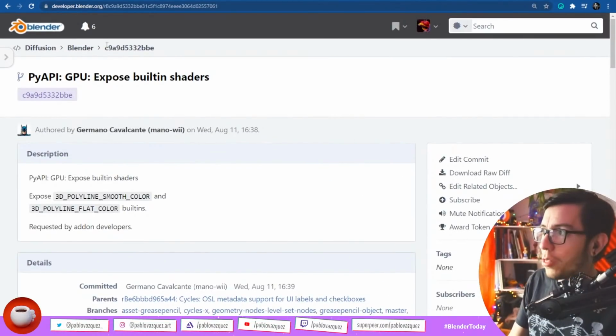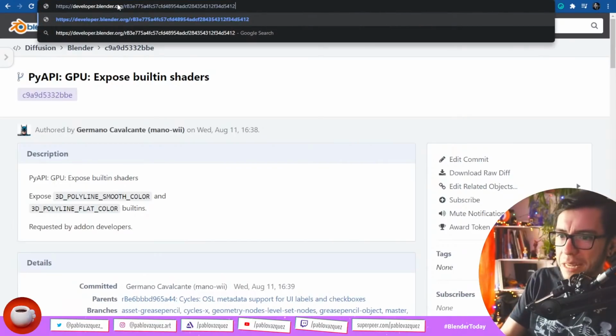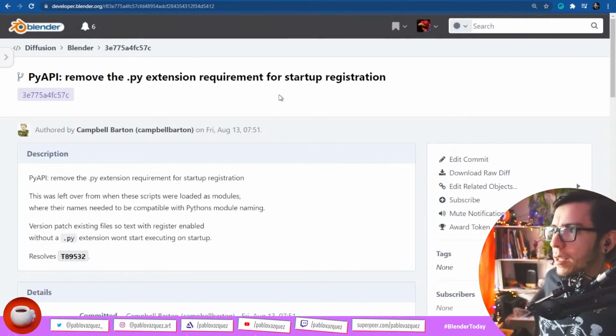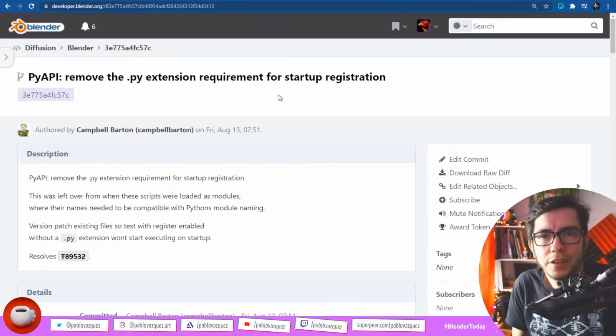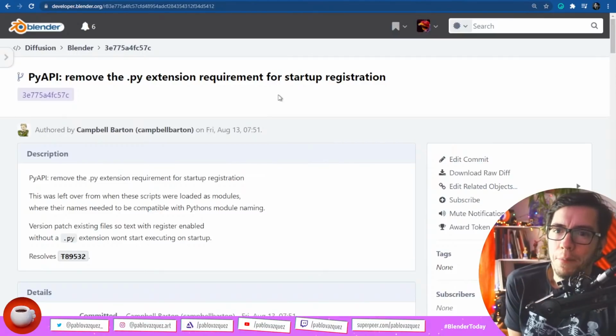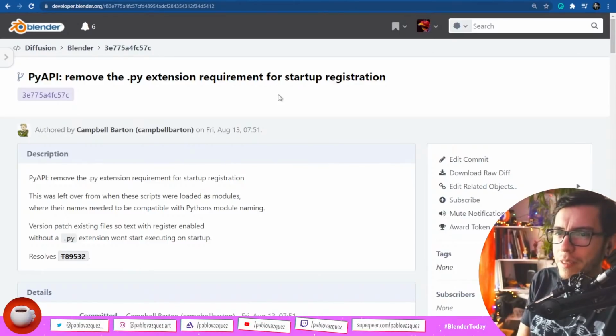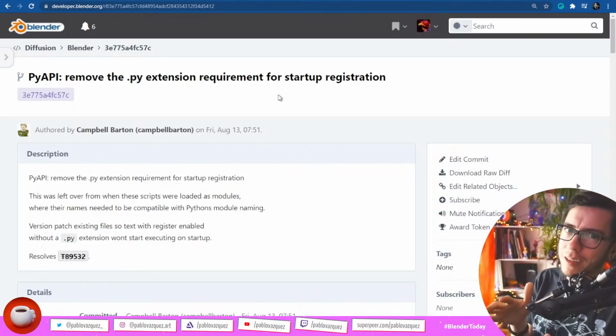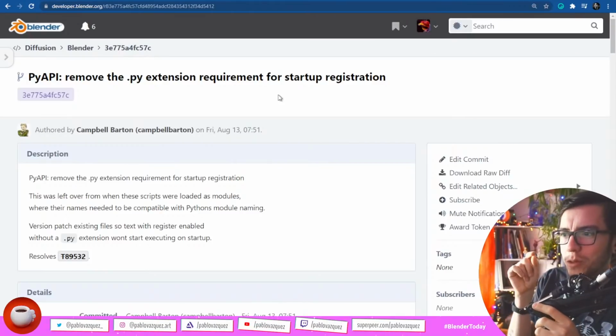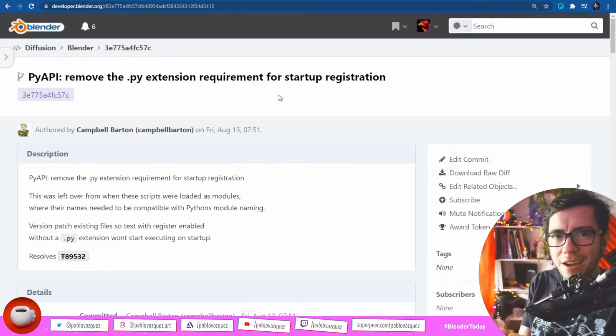The other one is not related to add-ons, but it's related to Python. If you're familiar with Blender's Python register of scripts when you run Blender, you will probably remember that there was this weird requirement that in order to make an add-on register on load, it had to be .py, like a Python file.